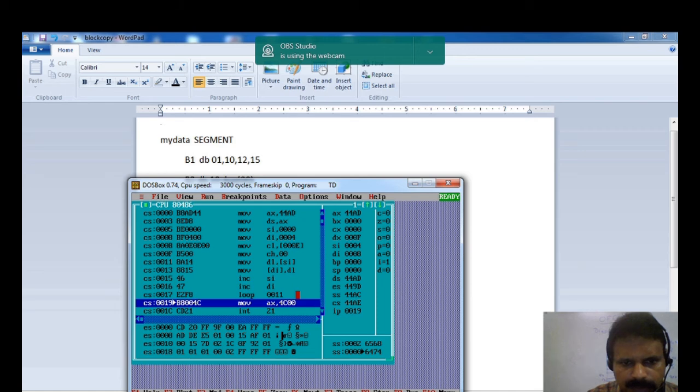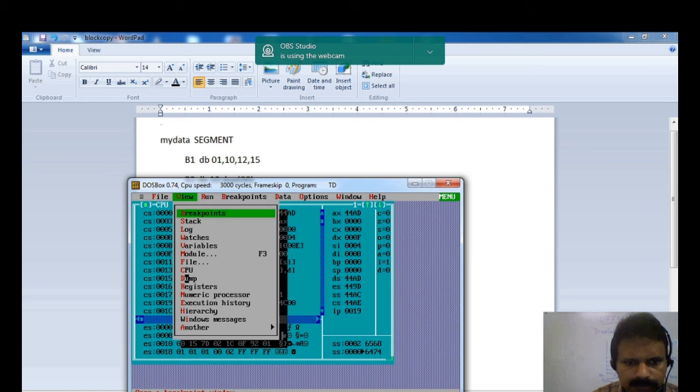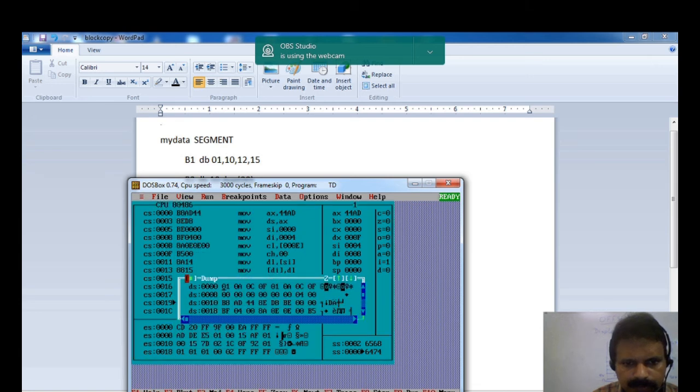Now it is over. Let us check the dump. See, it is repeating here: 01, 0A, 0C and 0F. So block B1 is copied to block B2. Okay.